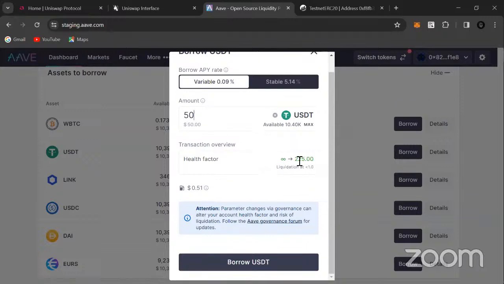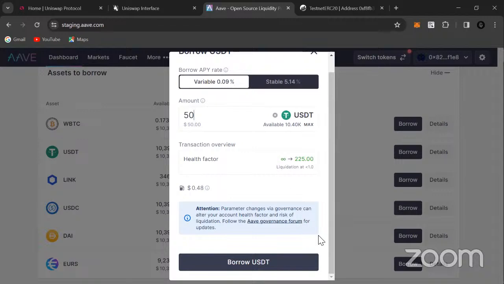You can see this health factor here. It's telling you that you have enough assets in terms of the collateral you supplied to cover this. So it's healthy, meaning they are not afraid that we'll run away with their money because, of course, they're keeping a bigger portion of our money.